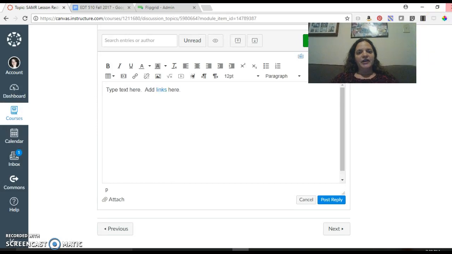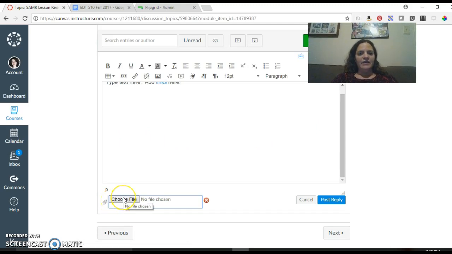I really encourage you to use links if you have outside documents, and either link those to a web page or a Google document. But if you have a file that you need to attach from your computer, you can also attach that to a discussion by clicking on this Attach button in the bottom left-hand corner. That will allow you to choose a file from your computer that you want to attach to the discussion. So in whatever format you've created, you should post that work here in the discussion forum.